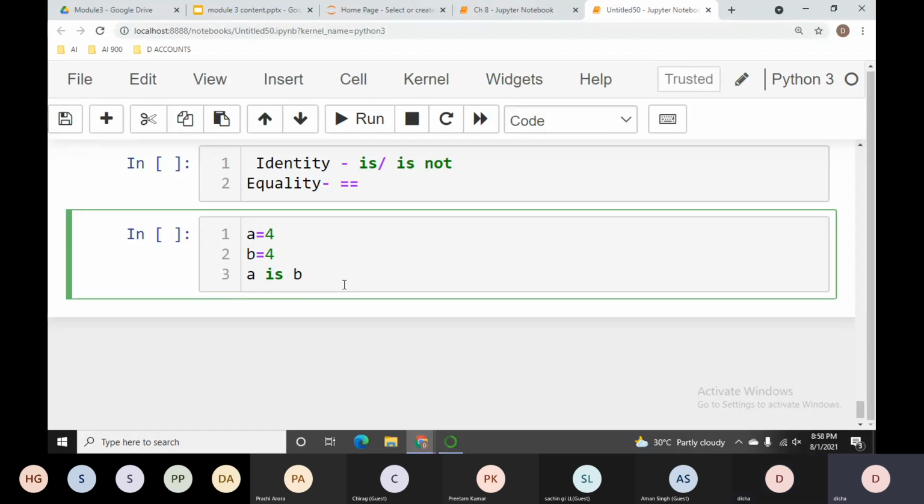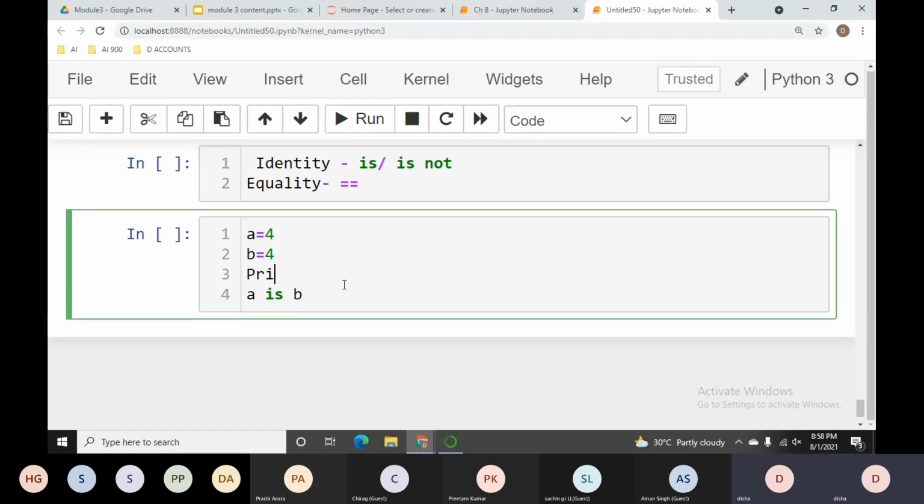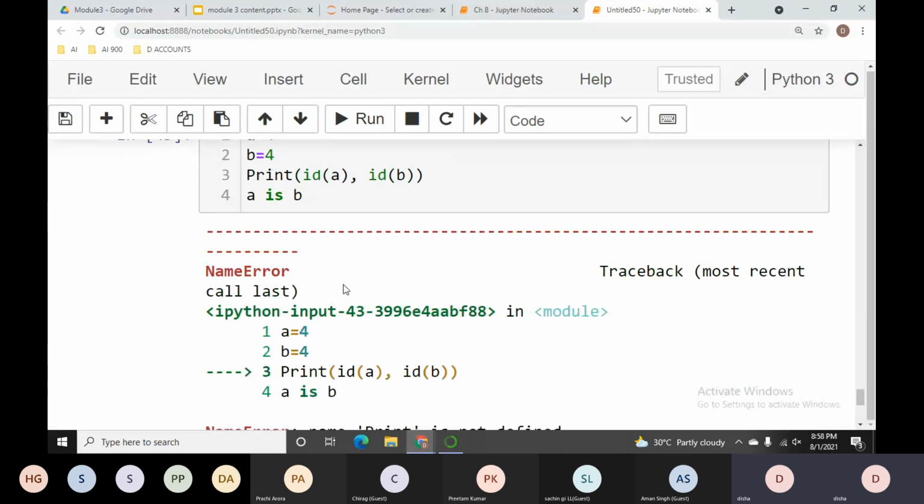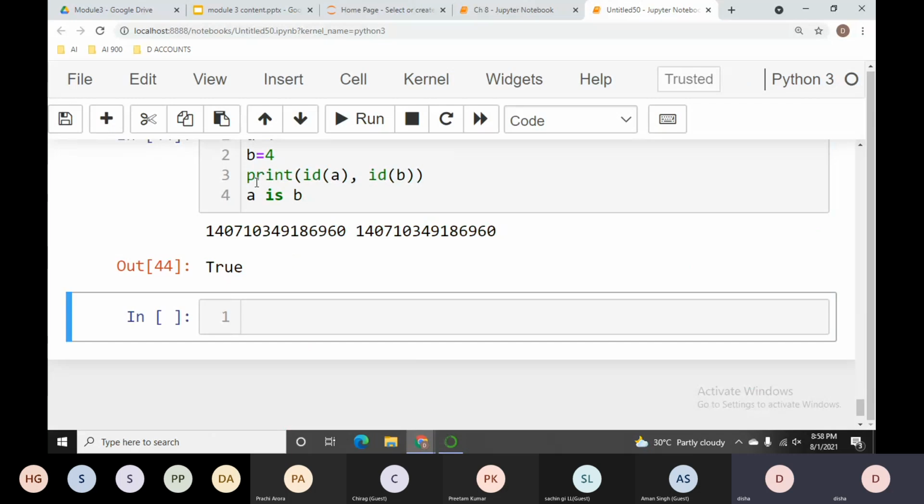I said print ID of A and ID of B. Both IDs are the same. You can say both memory addresses are the same.